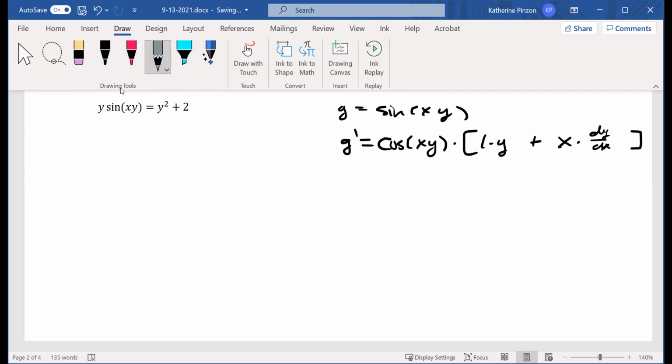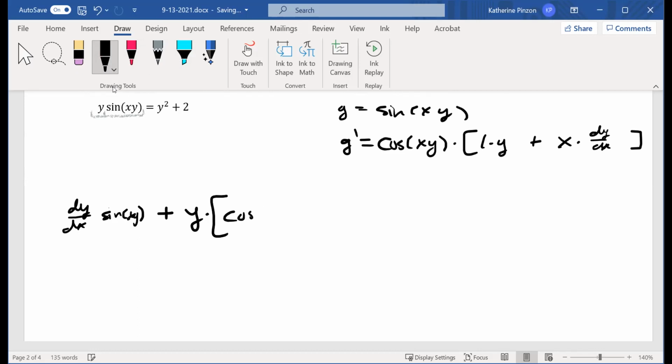Okay, so I need the product rule again, right? y is my first function, sine of xy is my second function. The derivative of y is dy dx times sine xy plus y times the derivative of sine xy. That's this big thing that I just found right here. Cosine of xy times y plus x dy dx equals derivative of y squared, 2y dy dx